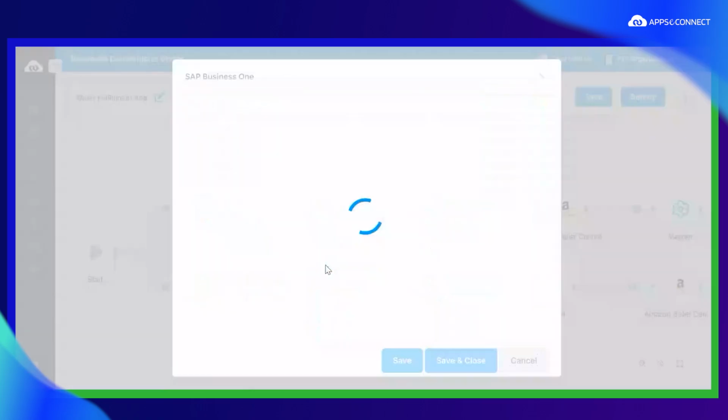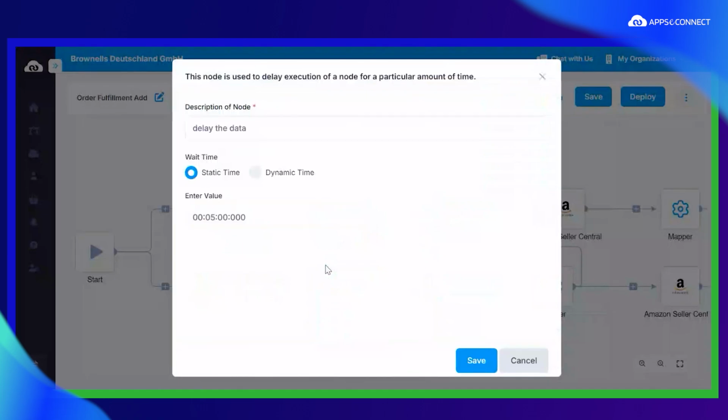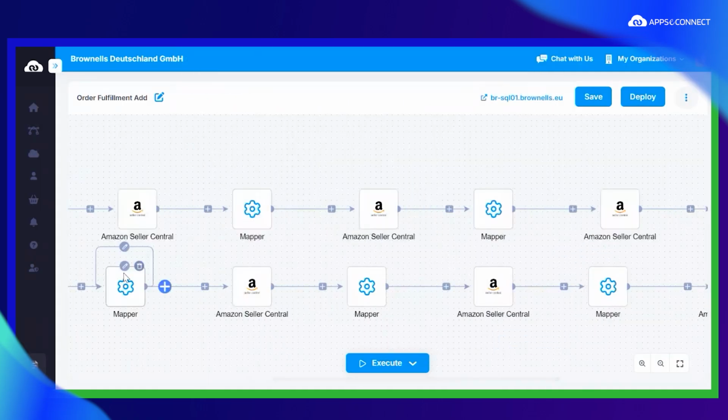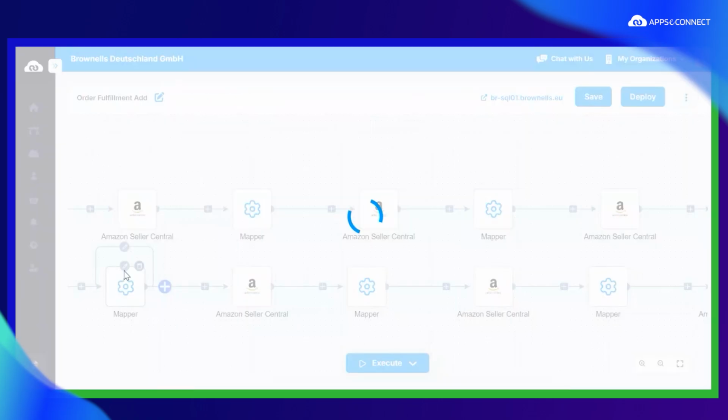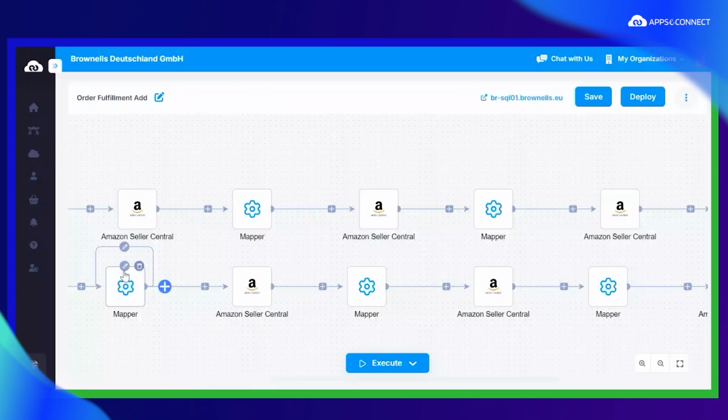You can see more clearly by clicking on the pencil button on the delay node. This node is used to delay execution of a node for a particular amount of time, and you can set that waiting time from here, and you can also select the type of waiting time, which is static or dynamic. And you can also add the description of the node. There is a splitter involved for this, and after the delivery notes pass through the splitter one by one and are transformed